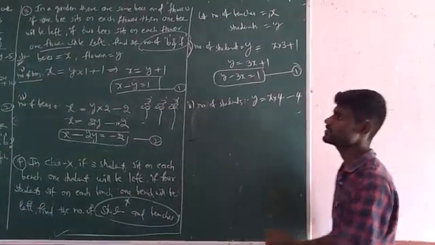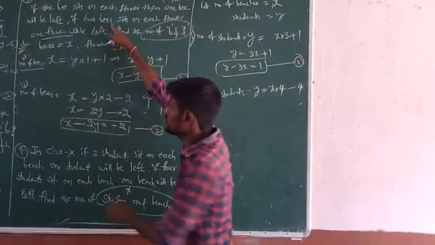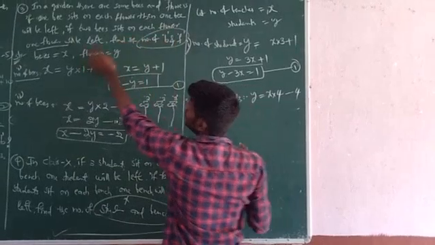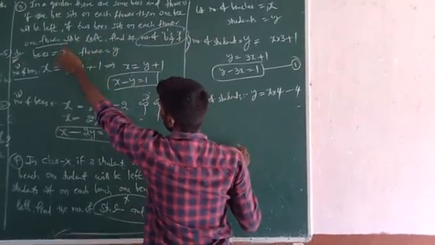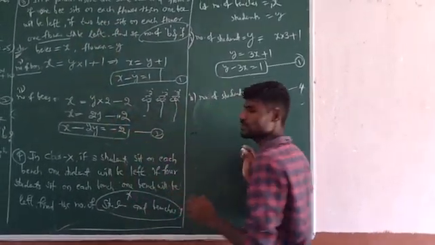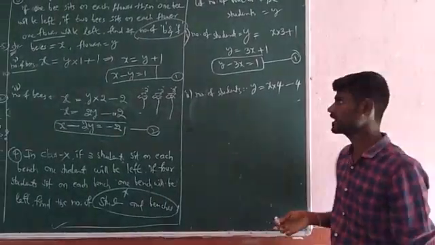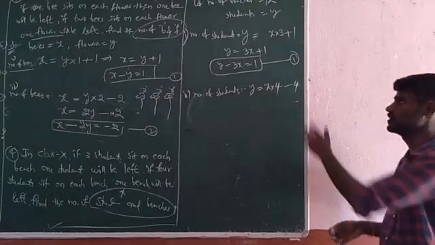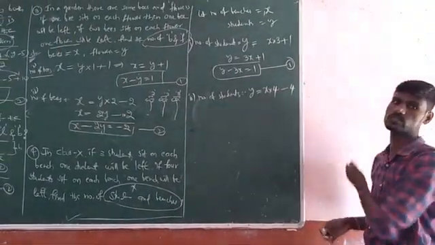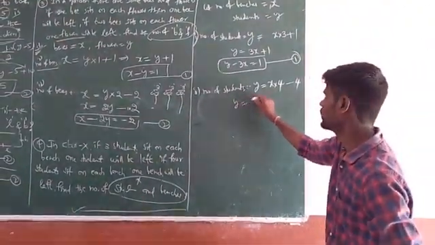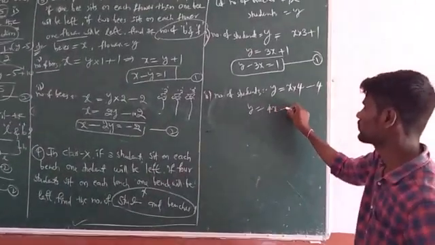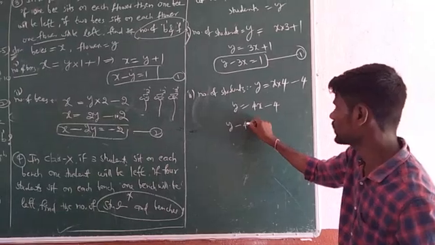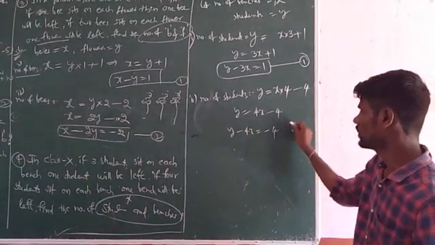In the previous case also, see there, if 2 bees sit on each flower, one flower will be left. But one flower is nothing but 2 bees. That's why minus 2. If you remove them, it will be balanced. Like that, one extra bench will be left. If you remove it, you have to subtract. Indirectly you are taking 4 students out. That is nothing but y equals 4x minus 4. So if you transpose, y minus 4x equals minus 4.